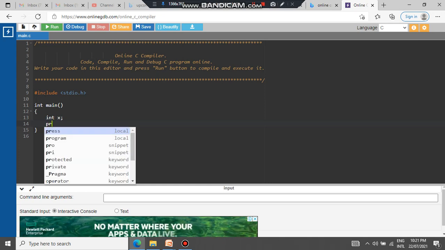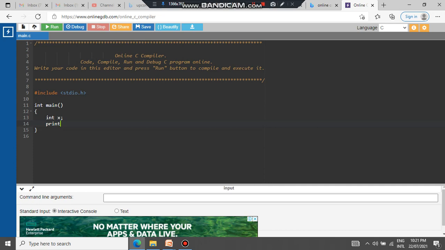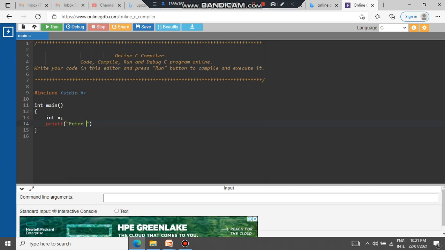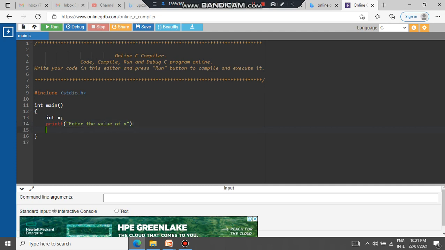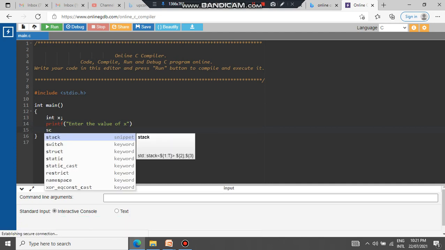So I'll prompt the user first. I will write the instruction which will prompt the user: enter the value of x. Due to this instruction, the user will be prompted to enter the value of x, and then whatever value of x the user is entering, you have to read it.